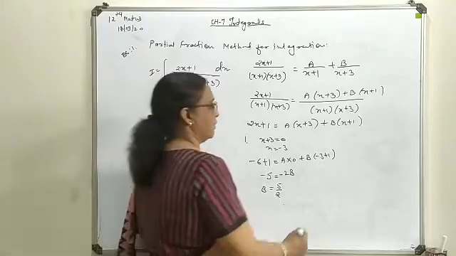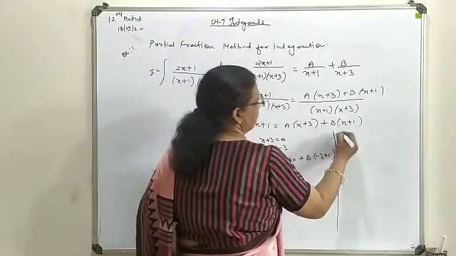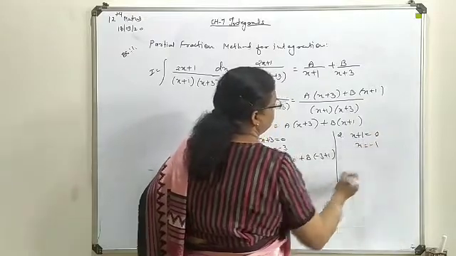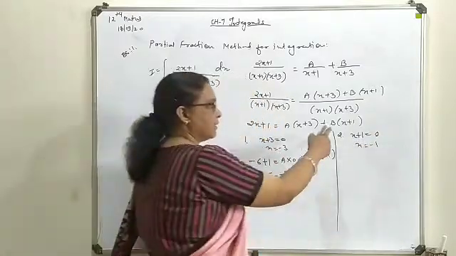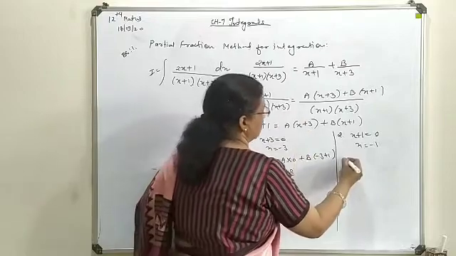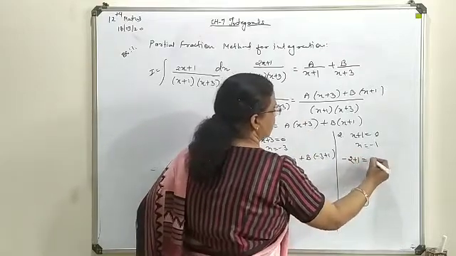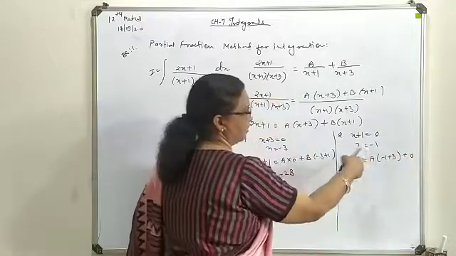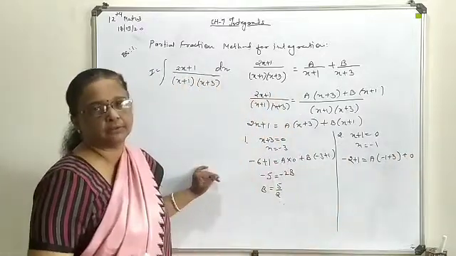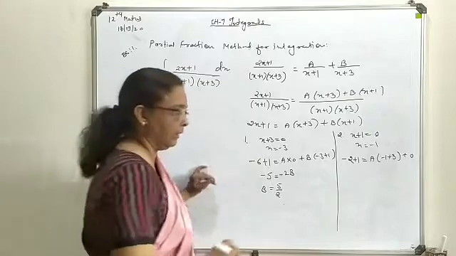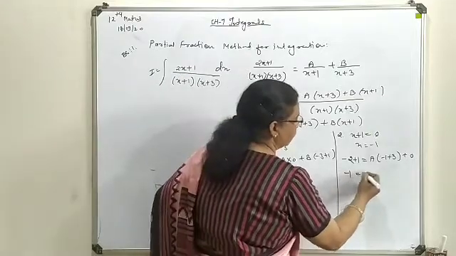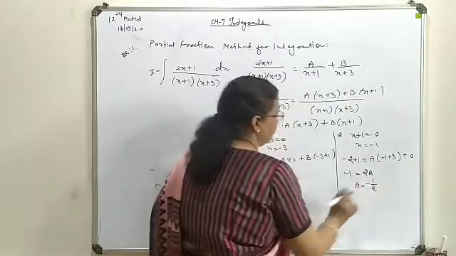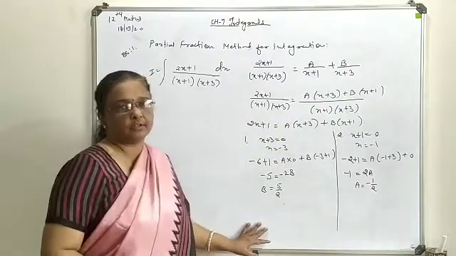Now go for the second factor, that is x plus 1. Write x is equal to minus 1. So obviously this will turn to 0. Here you get minus 2 plus 1, this is a into minus 1 plus 3, and this will give you 0 solution. So this relation will evaluate the value for constant a. So this is your minus 1, this is 2a, so a you will get as minus 1 upon 2. So these are the two constants we are having.